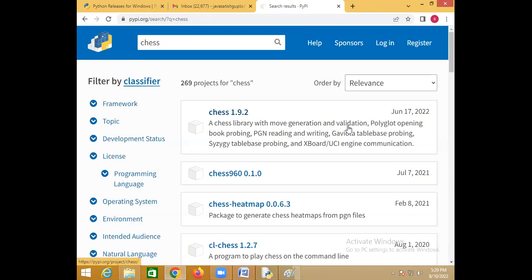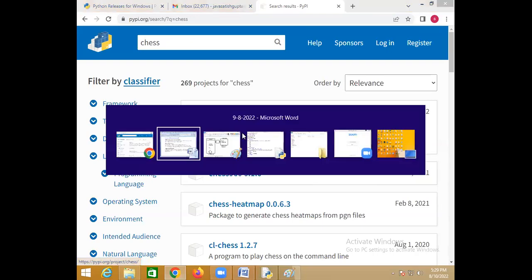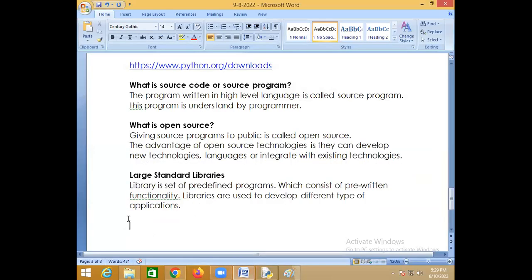But here everything is ready-made. Just import it, use all the functionality and develop projects.